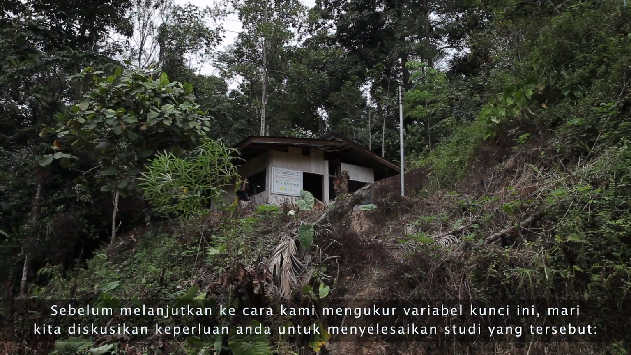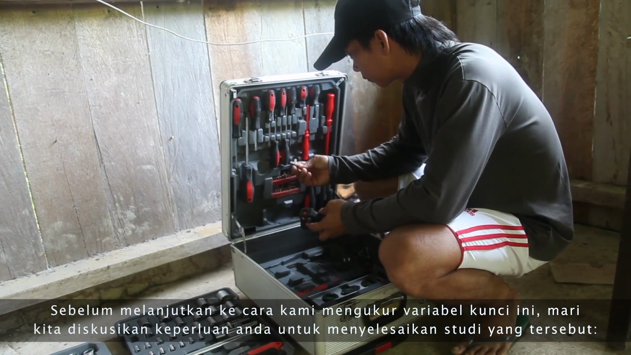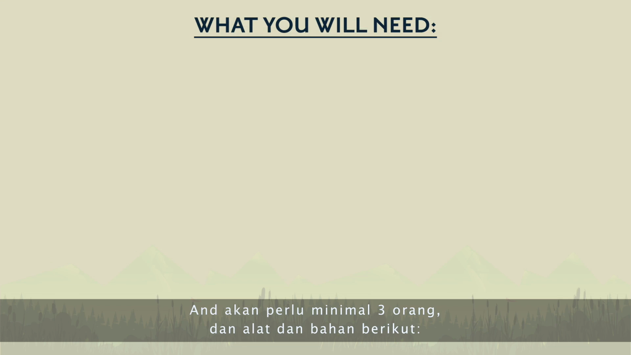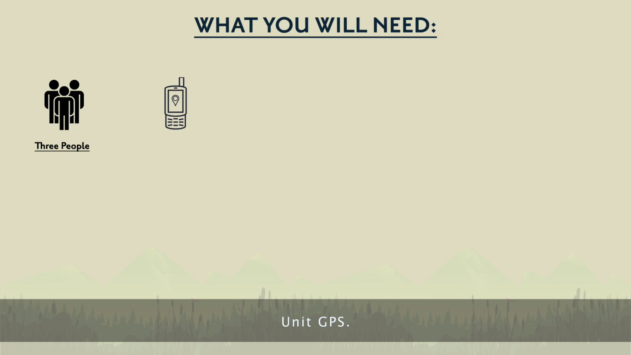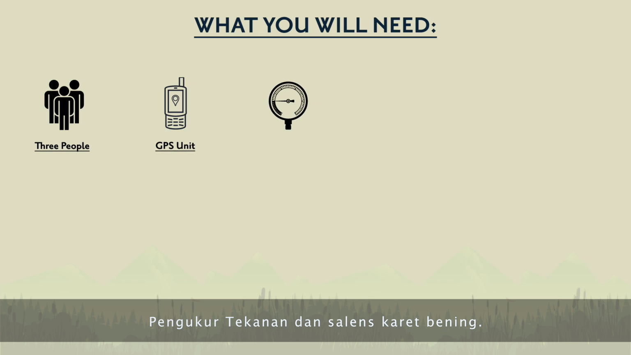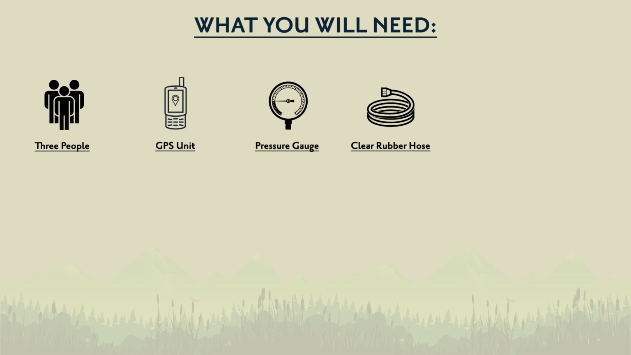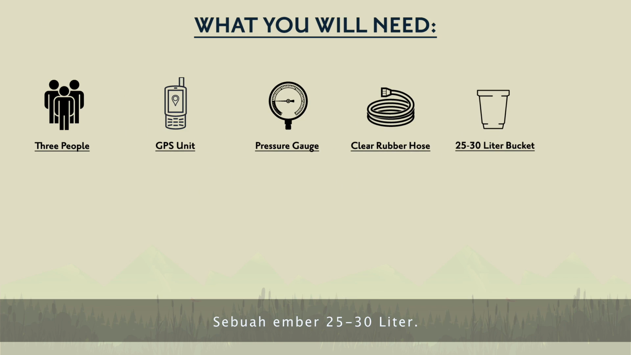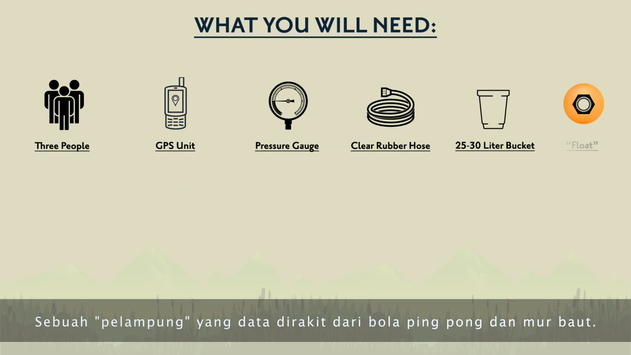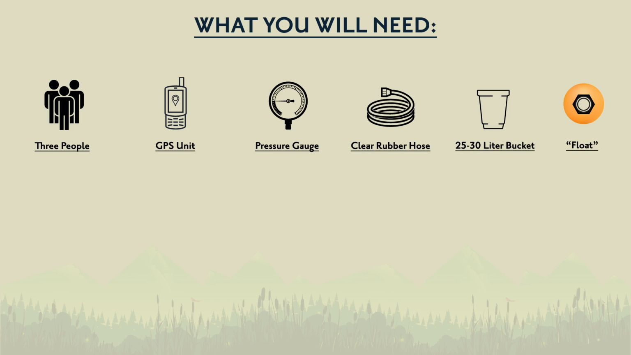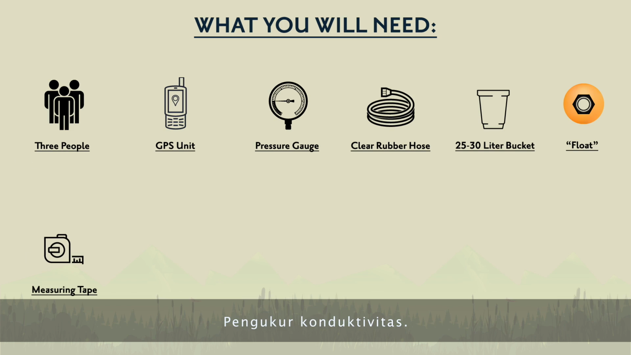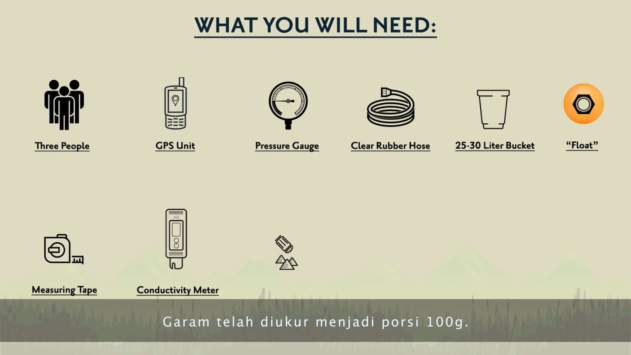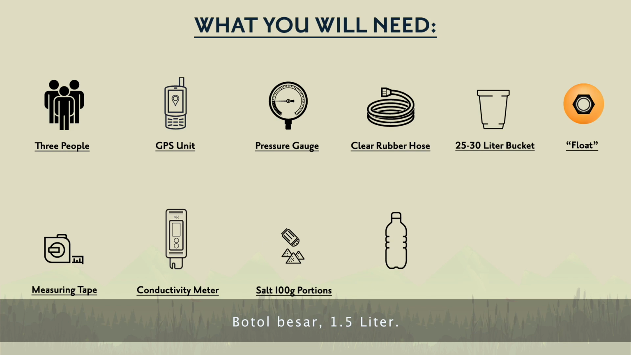Before moving into how we measure these key variables, let's highlight the things you'll need in order to complete the study. You will need a minimum of 3 people, and the following tools and materials: a GPS unit, a pressure gauge and clear rubber hose, a 25 to 30 liter bucket, a float, which can be assembled from a ping pong ball and a bolt nut, measuring tape, a conductivity meter, salt, pre-measured into 100 gram portions, a large 1.5 liter bottle,